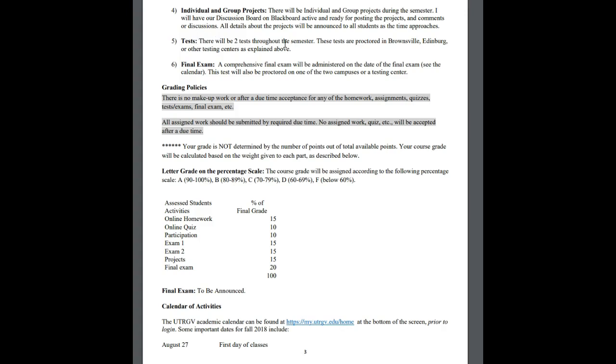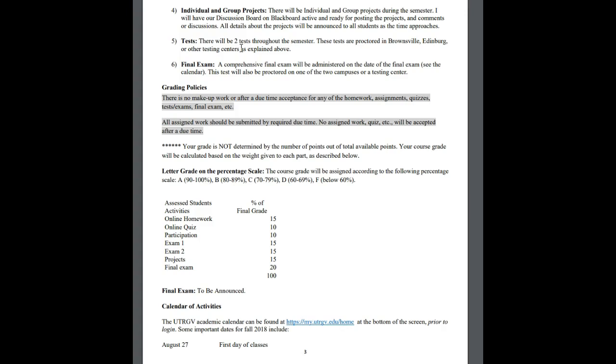Tests: there will be 2 tests throughout the semester. These are proctored either in Brownsville or Edinburg, or if you're not near either, you have to make arrangements with a testing center, and the testing center must contact me 48 hours in advance, and I will give them the password or send them the test.